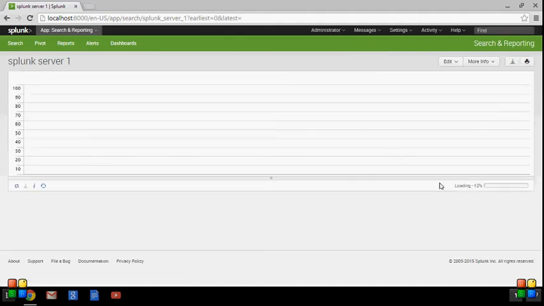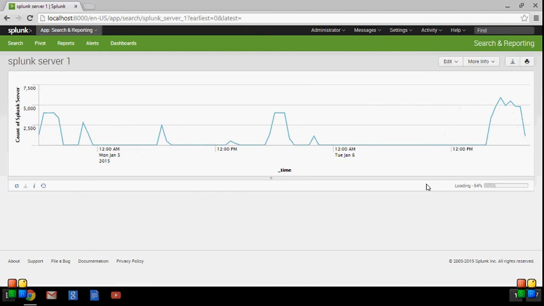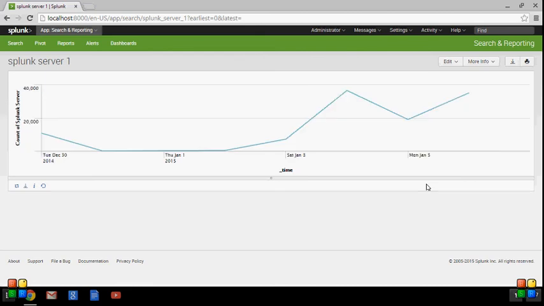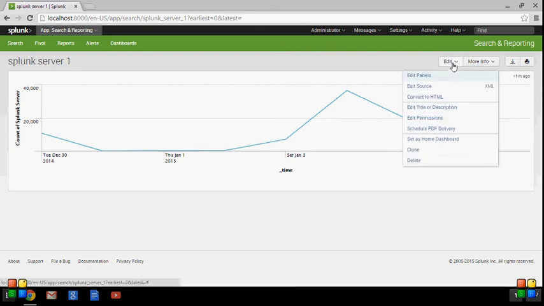And it has been loading, and see, this is the line chart of the Splunk server of different types, giving the x-axis as the time period, and in the y-axis the count of Splunk server. And in this way, this is how to create and save the report in the pivot by using a pivot. And then by using this dashboard, to edit these dashboards, we can edit by choosing the edit option,